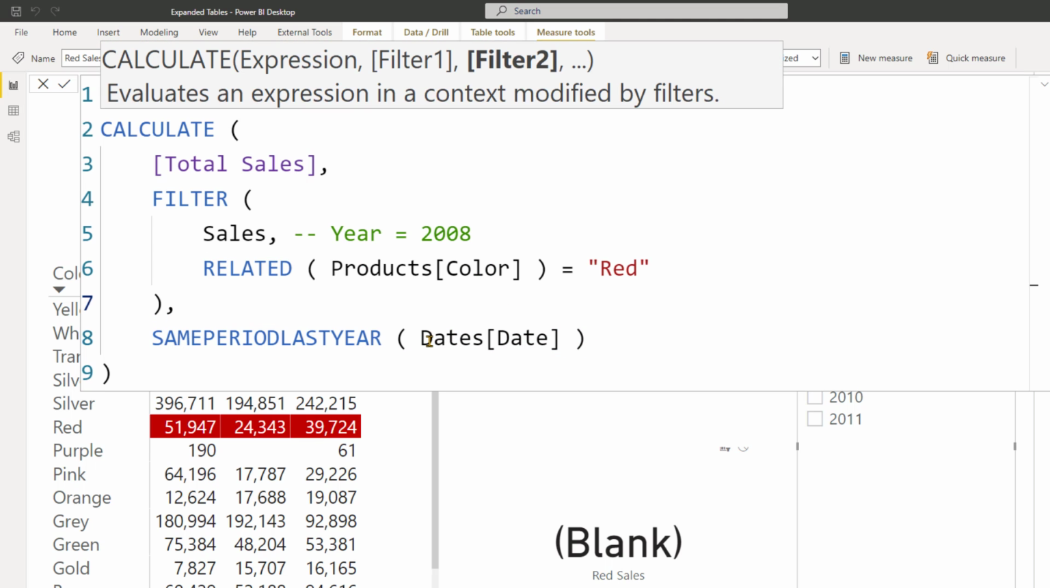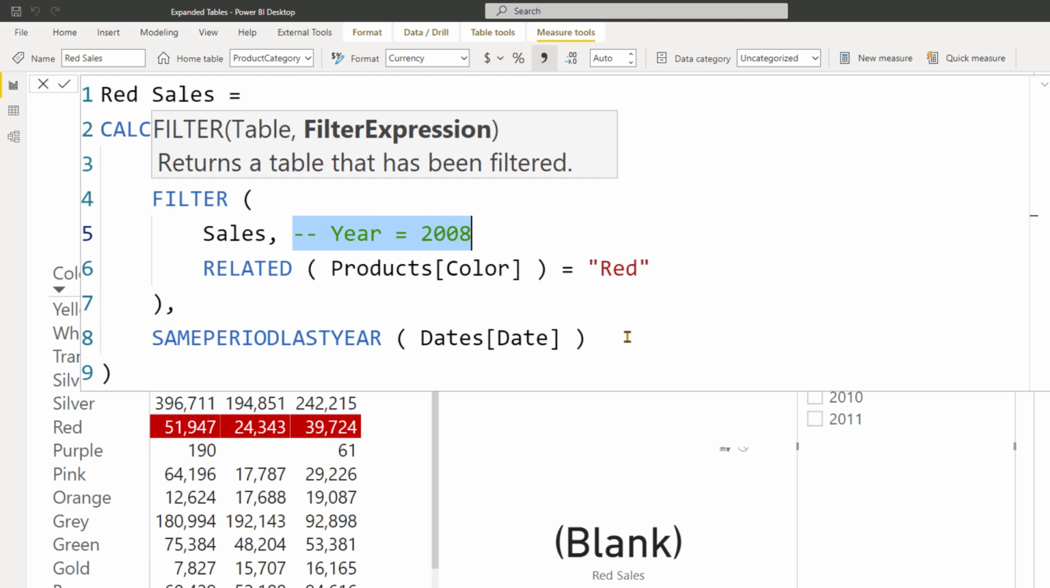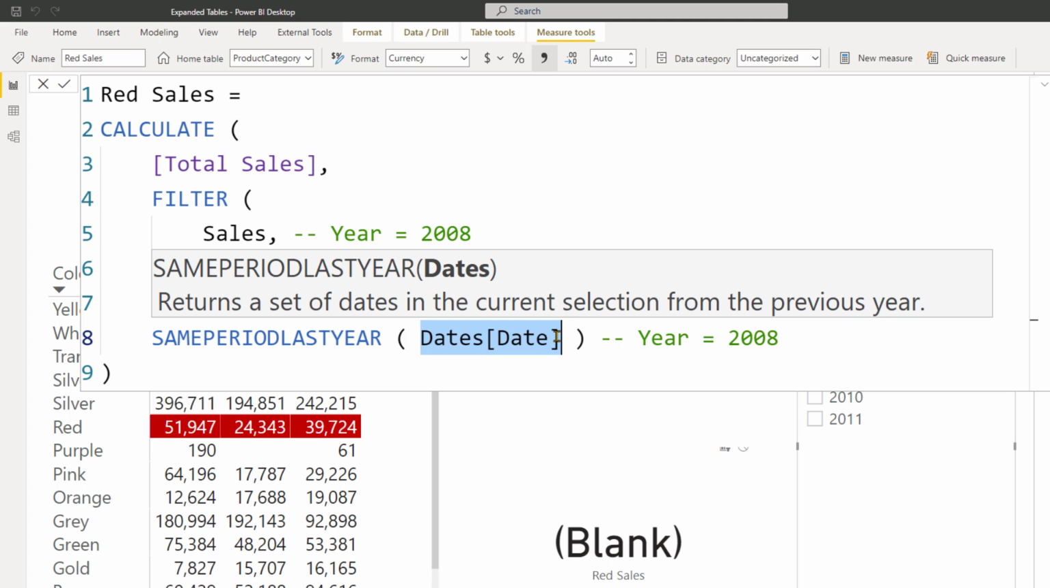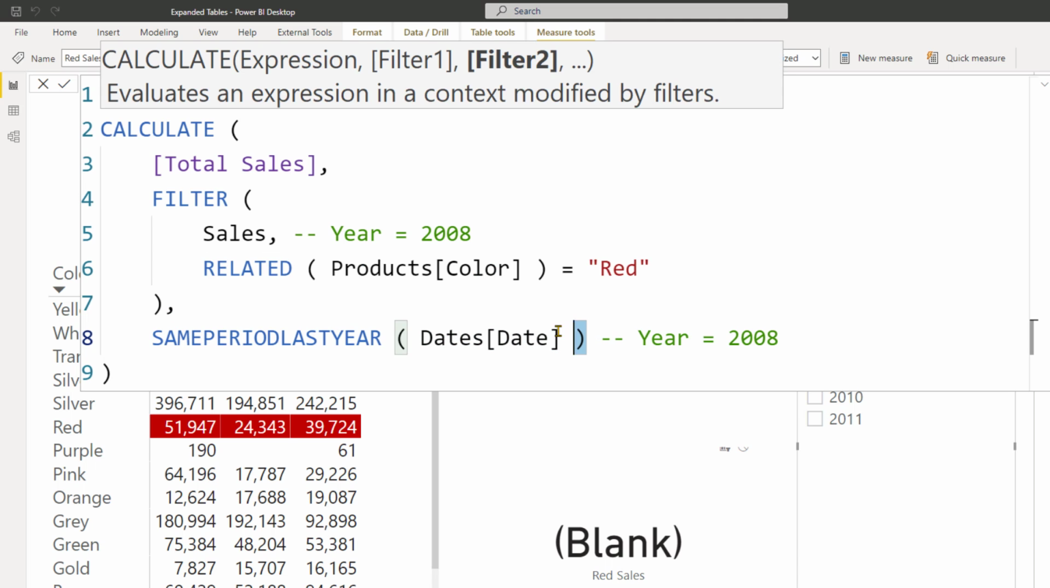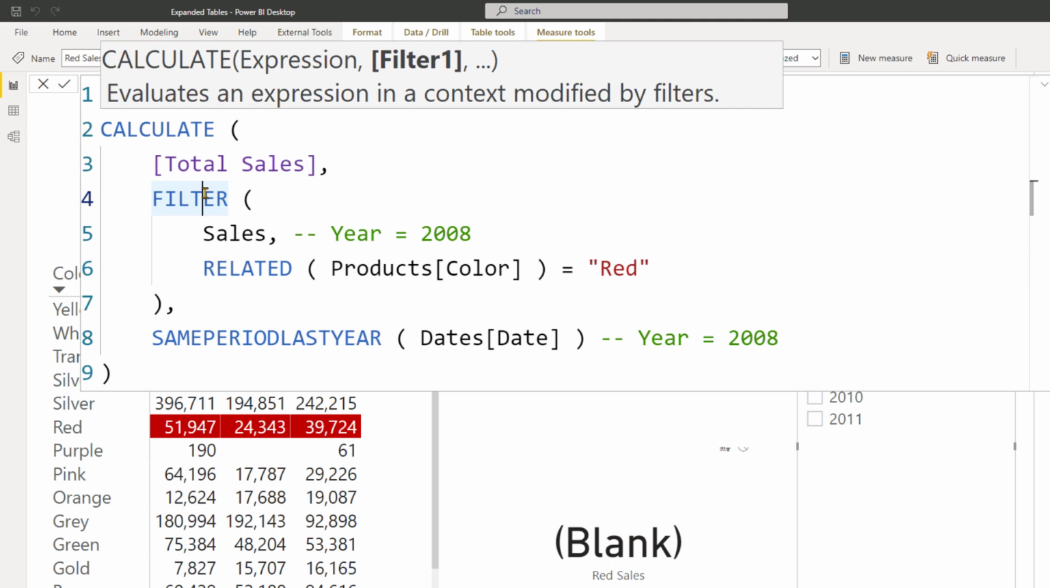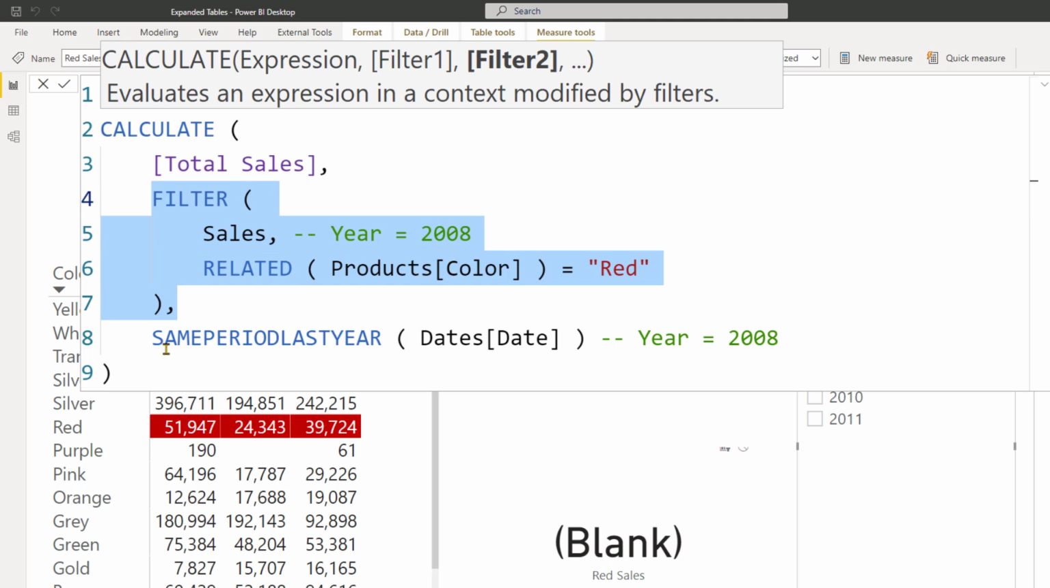Then we have SAMEPERIODLASTYEAR. What is SAMEPERIODLASTYEAR doing? SAMEPERIODLASTYEAR is getting evaluated in the filter context where the year is 2008. So SAMEPERIODLASTYEAR is going to receive a list of dates in 2008 and it is going to shift those dates in 2008 to 2007. So the table that is going to be returned by SAMEPERIODLASTYEAR will only contain the dates for 2007. Now, once these two operations are complete and CALCULATE prepares the filter context and applies these two filters,